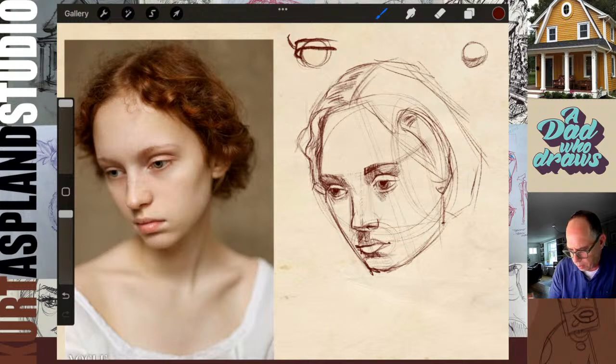You know, of all the artists, my favorite artist, who I think just does incredible hair, is J.C. Leyendecker.